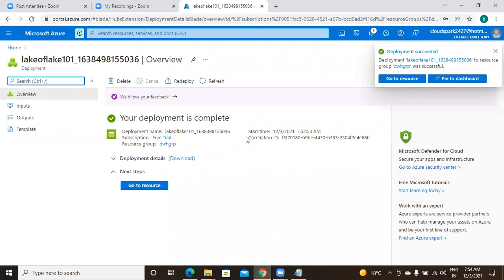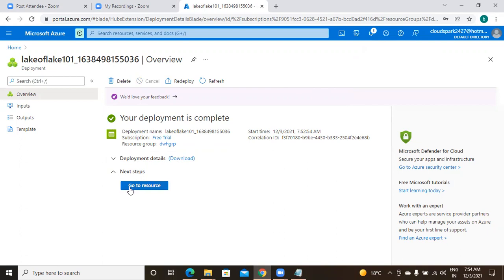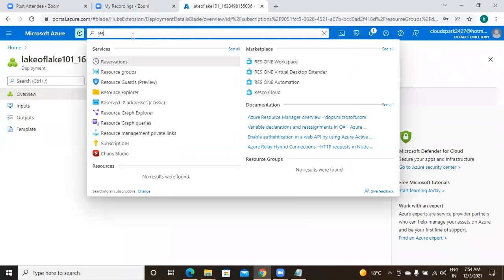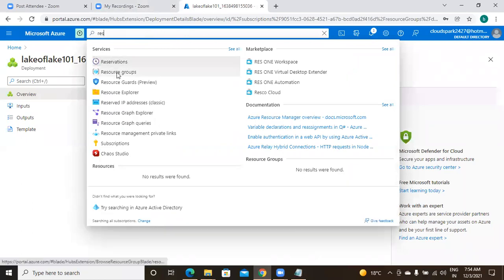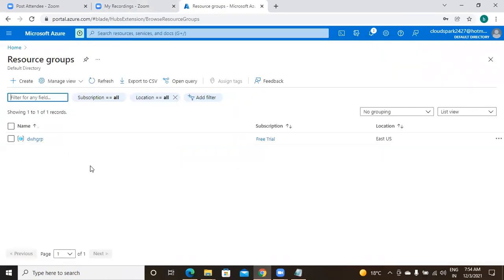Okay, please check the confirmation here on the right side. Deployment is succeeded, that means it is successful. Just by clicking on go to resource, you can enter into your data lake. Or else, if you want to check from scratch, come back to your resource groups. I have only one resource group.